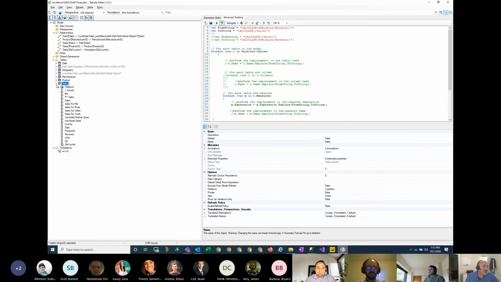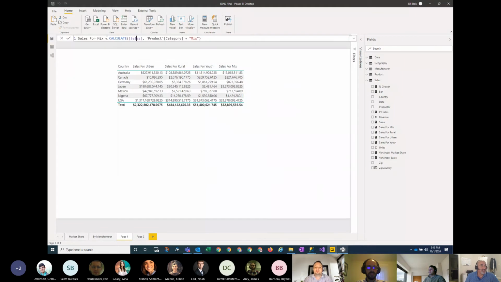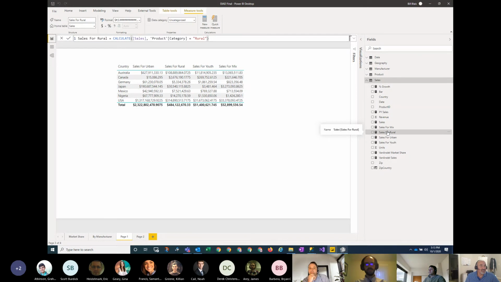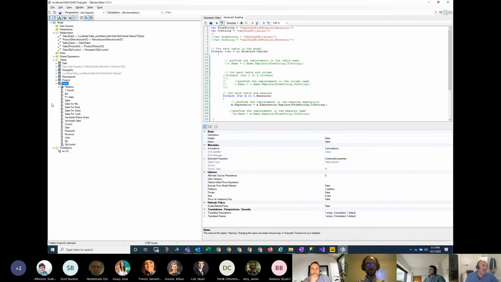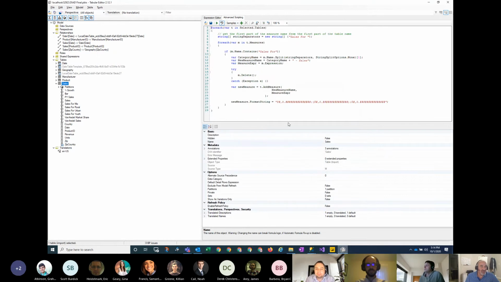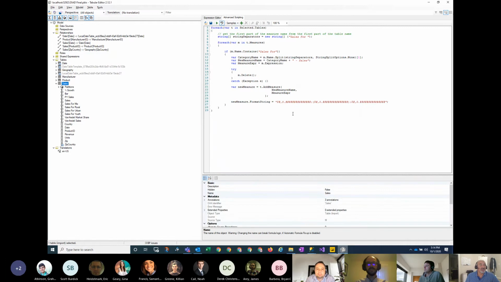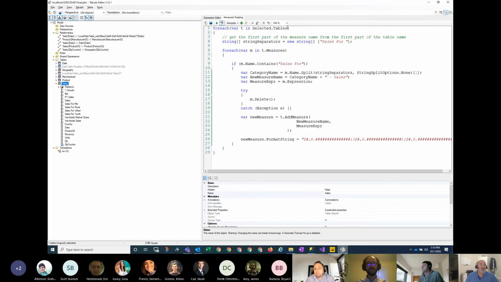All right, and so now I've got my formula correct. Everything looks good. It didn't bomb anything, right? My measures still work. If I click into any one of these, I'm seeing it changed. Everything's good to go. All right, so now let's say I wanted to actually change the names. Something that I did here was a little bit more complex, but just to show you what you can do here, let me bring this down a little bit. See if I can make this bigger. There we go. All right, I coded up a little thing here, which basically goes through each of the tables.